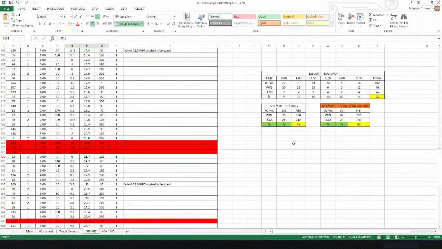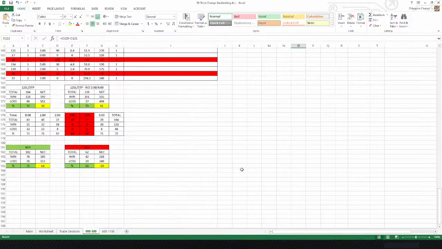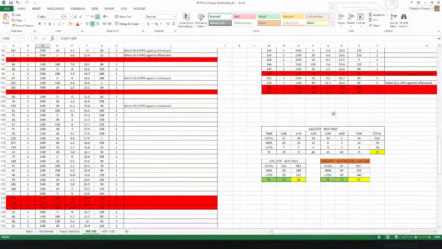Then what would happen, right? So right here we have 12 pip stop loss, 5 pip take profit, buy only. It brings us up to 75%. Okay? Buy only, now we're at 68 net pips, where the best we got right here was 61. There's the 68 right there, right? So it's the same thing that you're seeing up here,